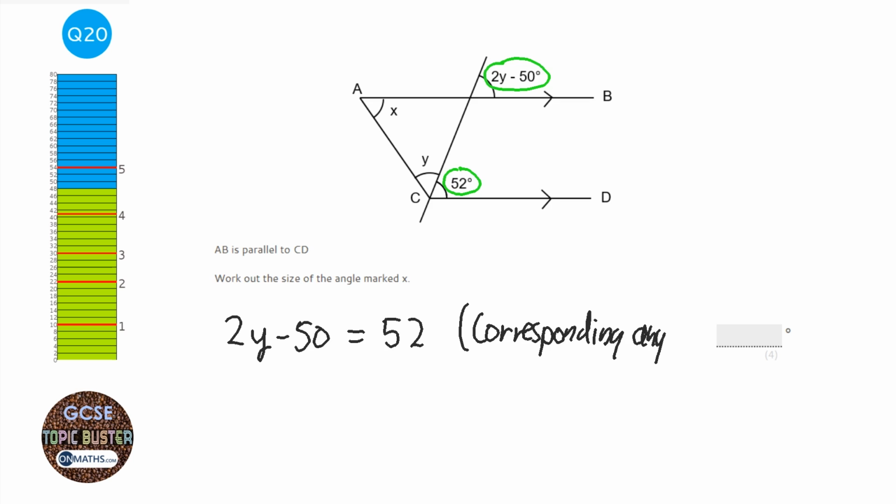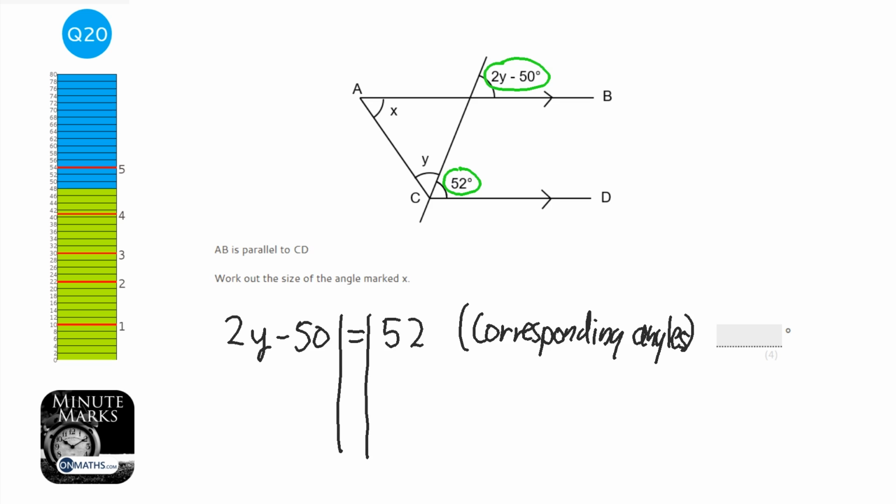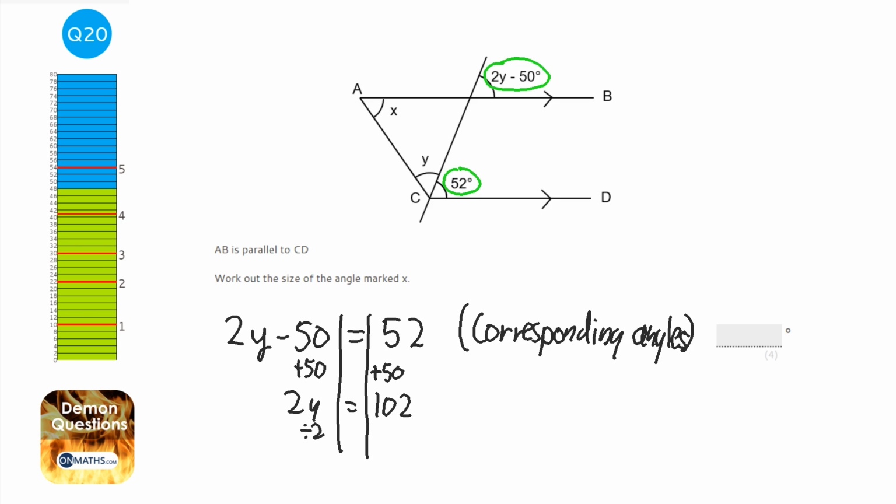angles. Now, some of you might know that as F angles, but make sure you write the word corresponding because they won't accept any other word. So I can solve this by first of all adding 50 to both sides. So that's 2y equals 102, and then I'm going to halve both sides. So y equals 51. So I know y is 51, so I now know that this angle here is 51